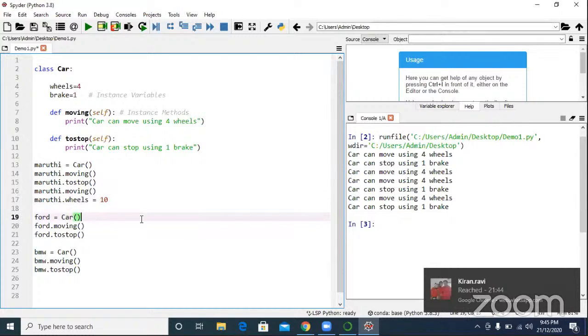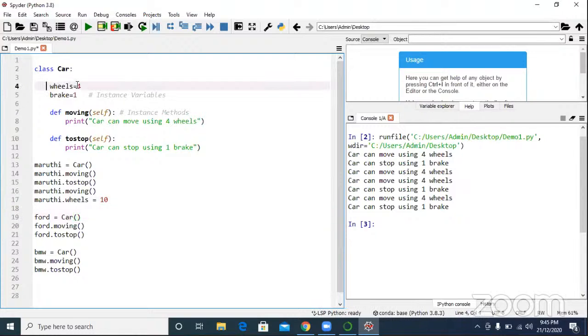No problem. What I mean to say, initially Maruti car wheels is 4. Later on, someone implemented Maruti, I have modified. The wheels have been modified to 10 wheels. Yes, it can be. Why not? Okay. Got it. Thank you.